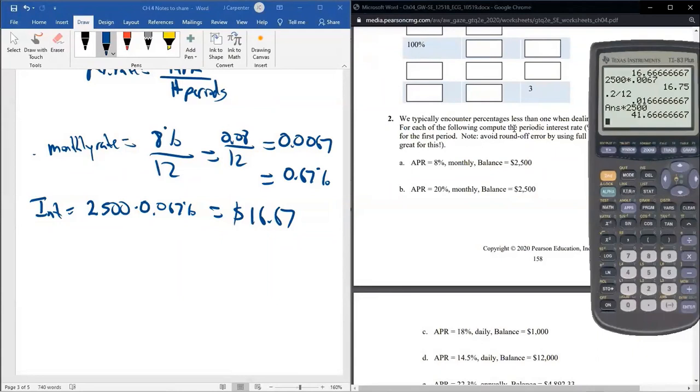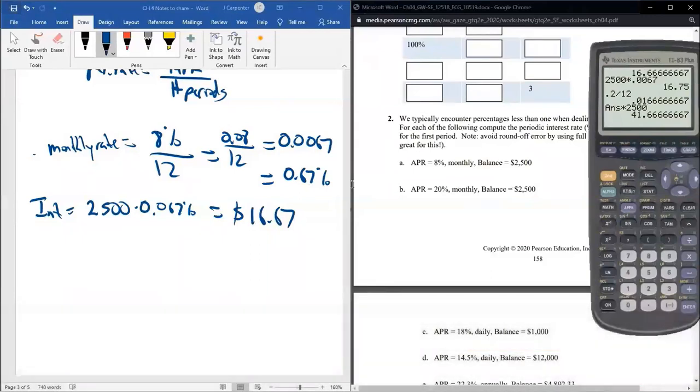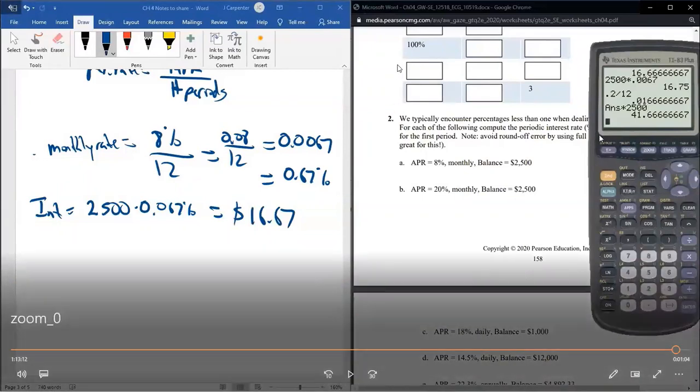What is this demonstrating? It's demonstrating the difference of just like an average loan, maybe even a little high right now with our current very low rates. 8% borrowing $2,500, you're paying $16.67 in interest that month. Versus if you have like a credit card, you'd be paying about $42 that month. So that really demonstrates how credit cards are bad, and those credit card interest rates are usually in the ballpark of 20%. All right.